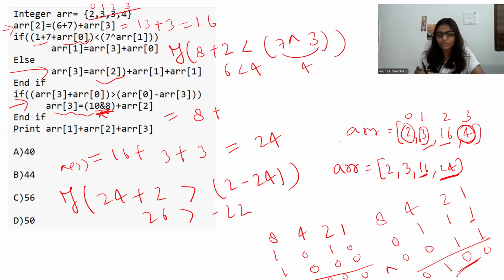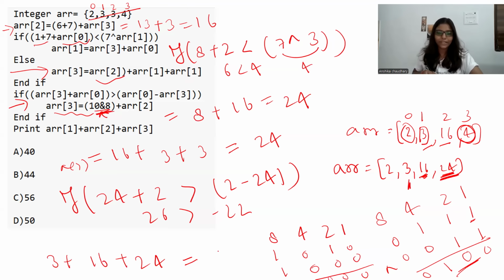What do we have in array of 2? 16. So it will become 24 only. So array of 3 will be the same, that means 24. And if we print array of 1, that means this 3 plus array of 2, that means 16, plus array of 3, that means 24. So when we add it all, it will become